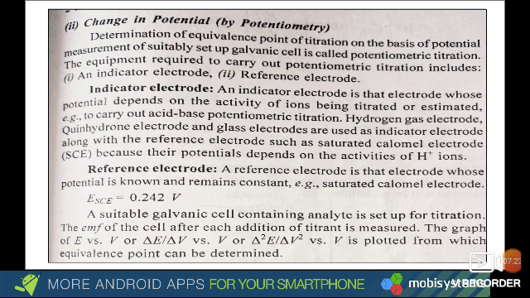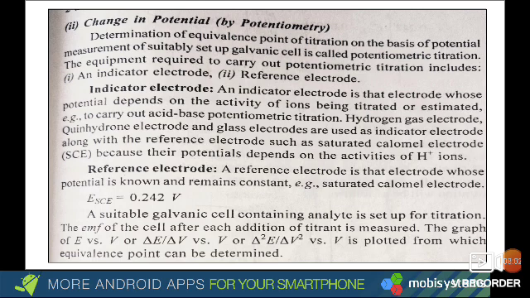If one thing is kept steady and the other thing is moving, then because of that steady thing you can find out that the other thing is moving. So the steady thing is called as reference. So here the electrode whose concentration is fixed or potential is fixed is called as reference electrode, and because of that you can find out the indicator electrode's change. Okay, so one thing is fixed which is called as reference electrode and the other thing is changing, therefore it is called as indicator electrode.